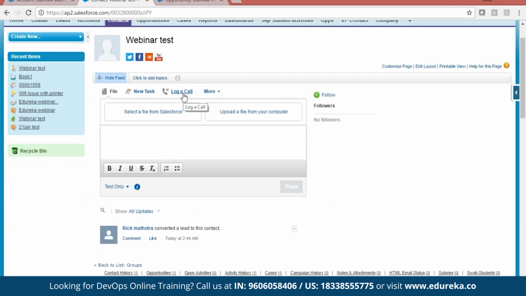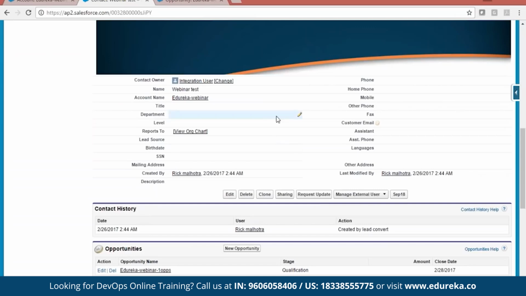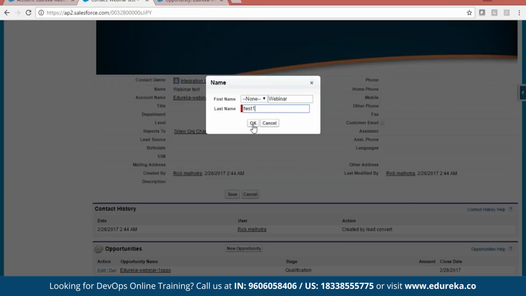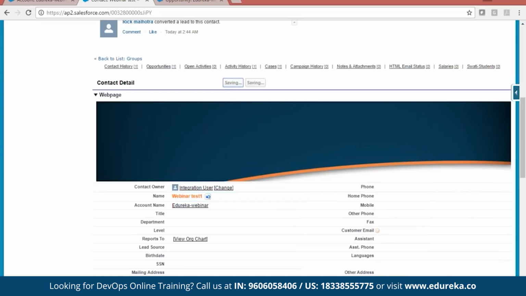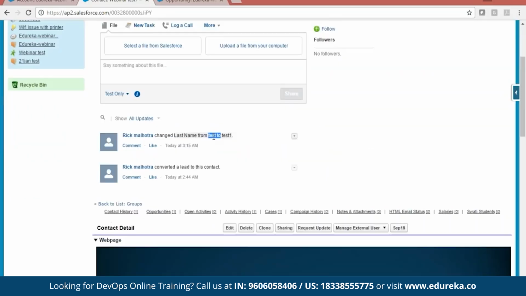And the best thing here is I can also do feed tracking. So feed tracking means the history tracking of it. Let's say I change it to one. Click on save. Now what I can see is I changed the last name from test to test1. It's feed tracking, with the timestamp. So this is showing a Pacific time zone. So these are some benefits of using chatter engagement with your Salesforce. Not only social connectivity, but it also provides you the feed tracking of your fields. Up to 20 fields you can track.